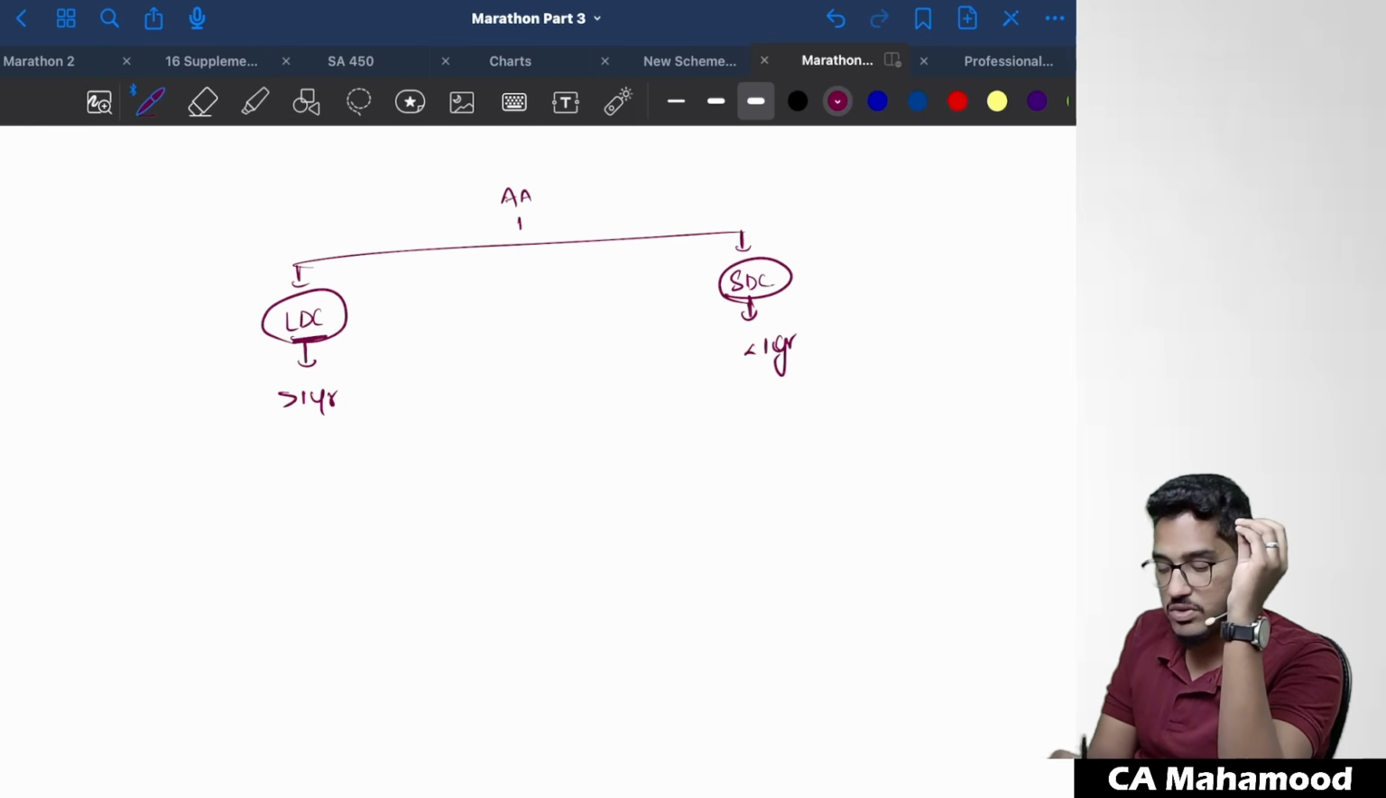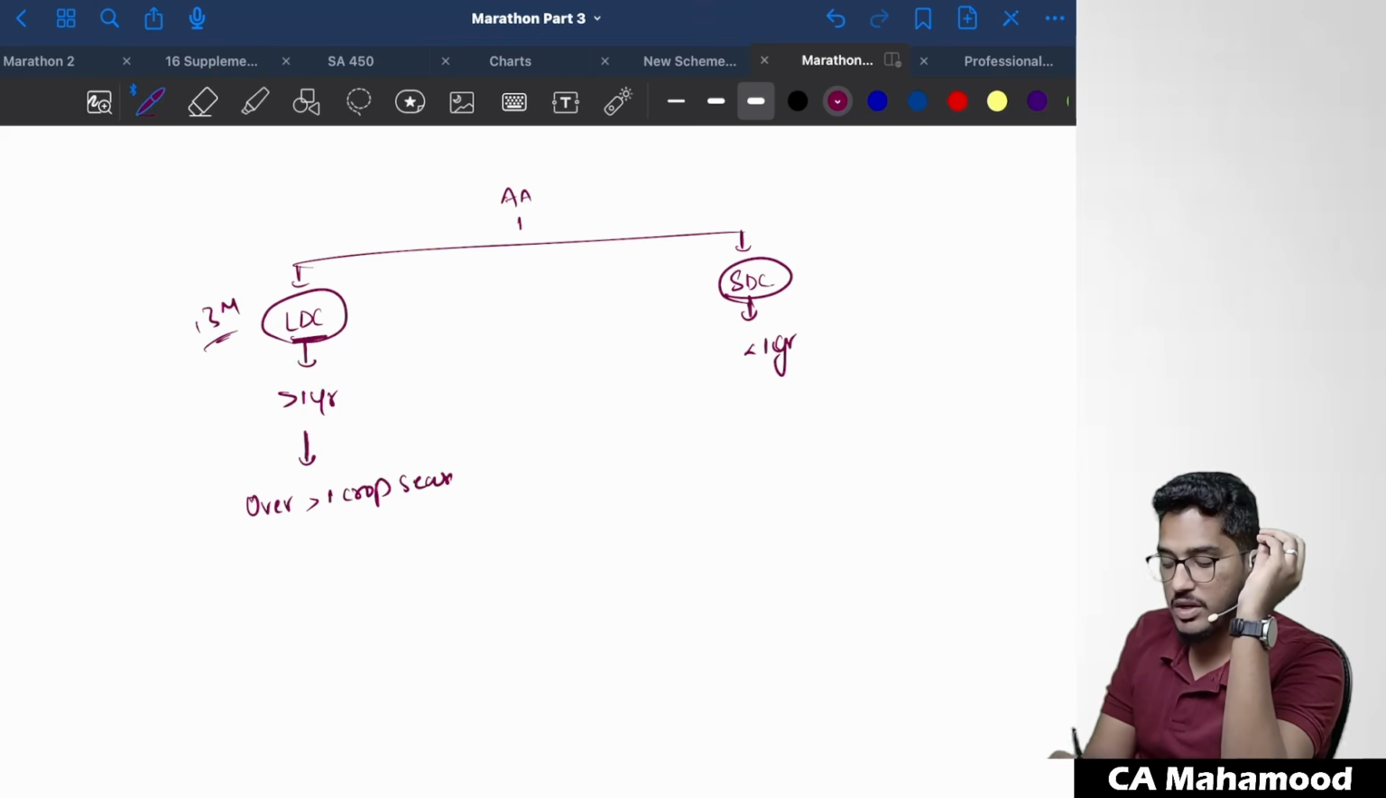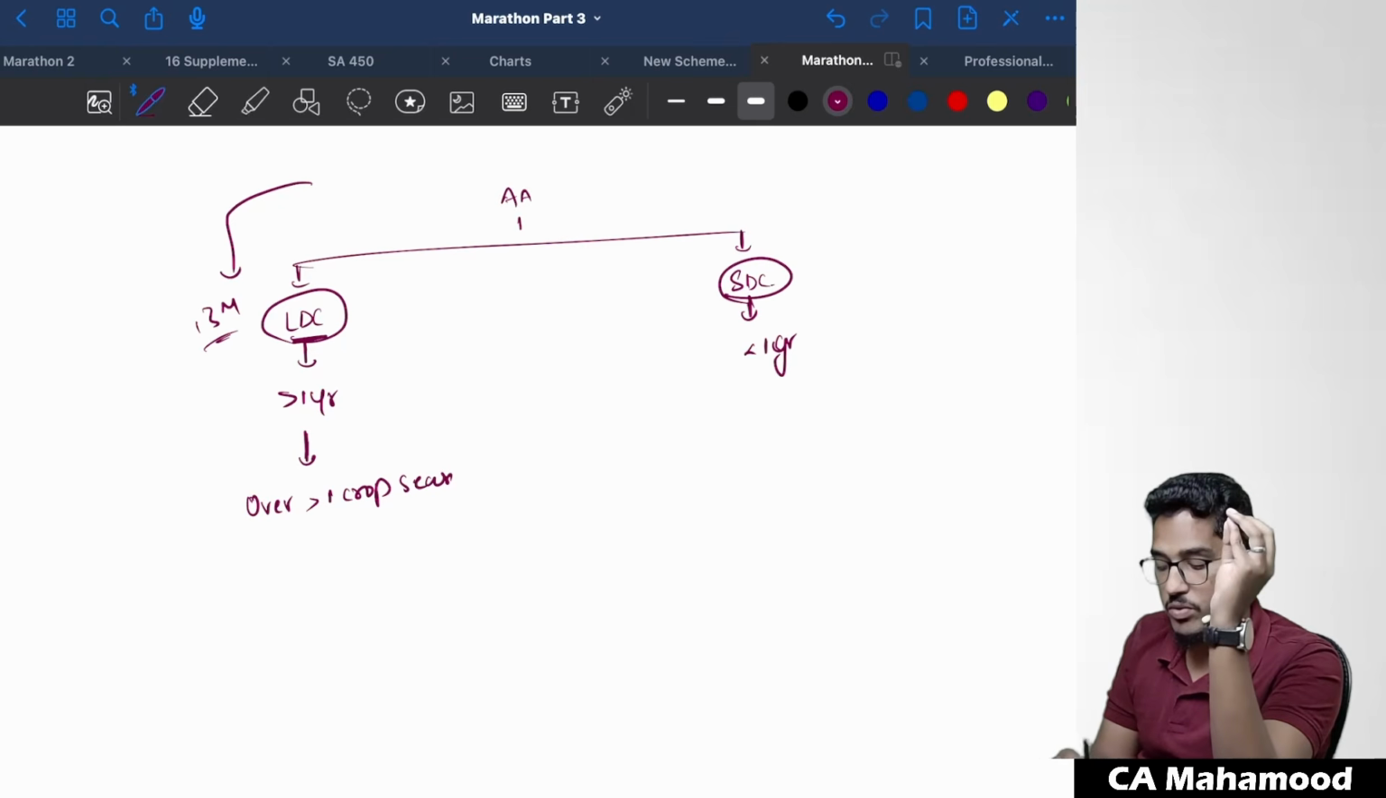Bank might have given loans for long duration crops, or bank might have given loans for short duration crops. If the advance is given for long duration crops, that has to be classified as NPA only if it remains overdue for more than one crop season. For example, if a crop is taking 13 months of duration and the bank has given loan for this crop, this loan has to be classified as NPA only if it remains overdue for more than one crop season. From the due date, if it remains overdue for more than 13 months,